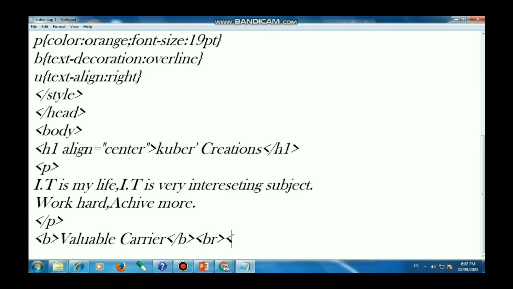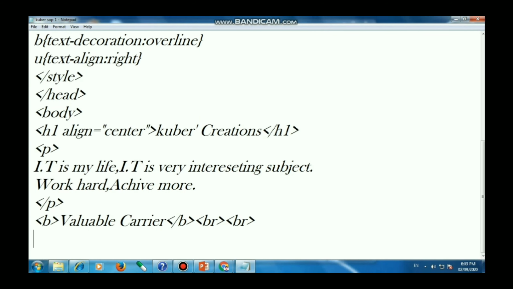Then br and br. Then use the i tag and write high cutoff. Again, this is optional. Once you type this, close the i tag, then again br twice.